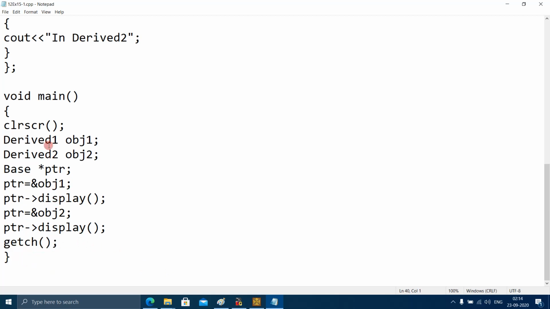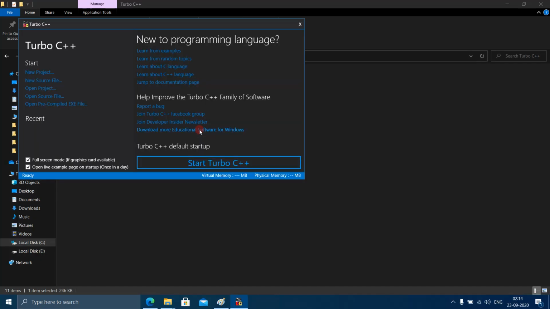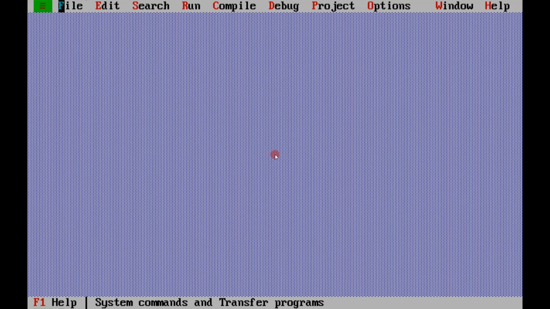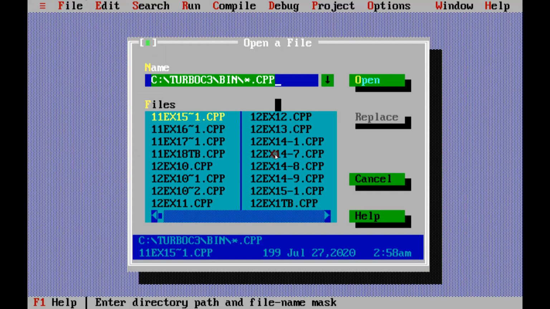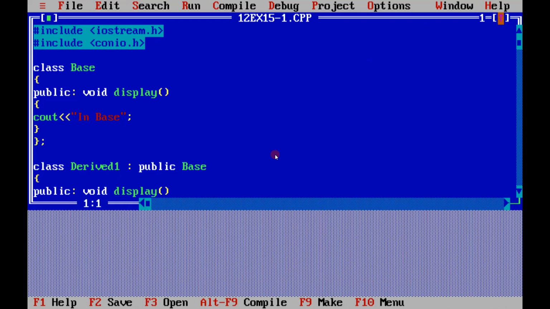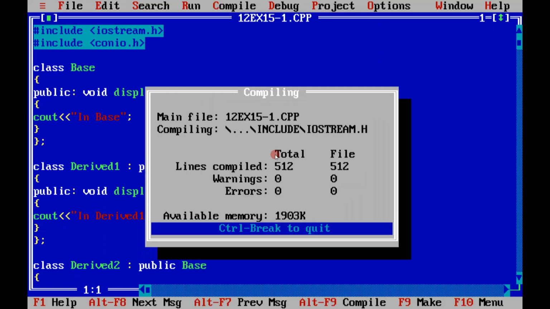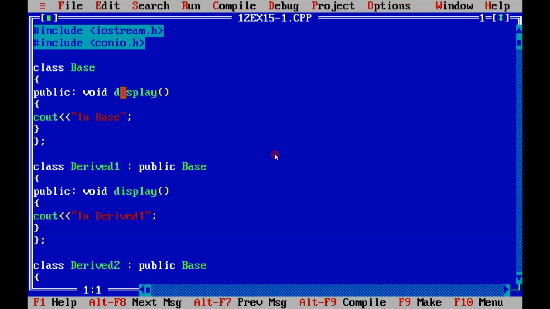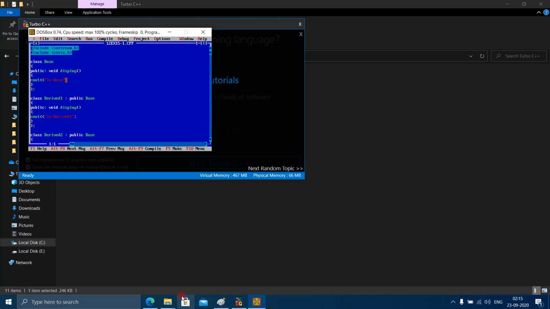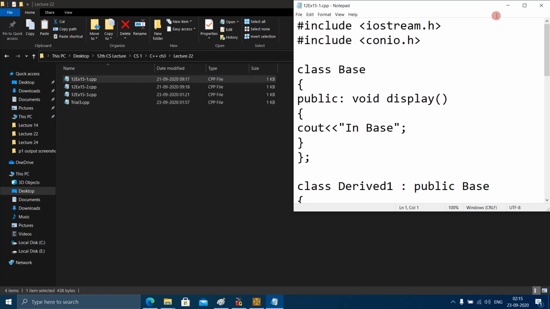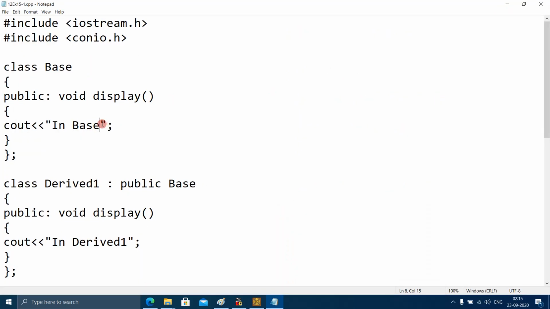Let us run this program in Turbo C first. Here I should use \n.